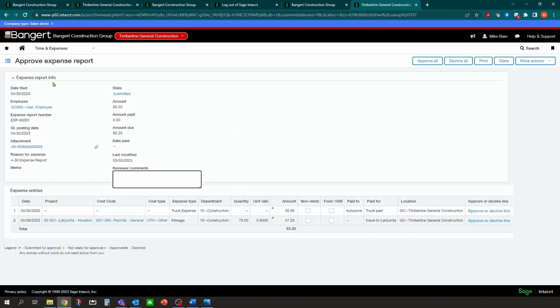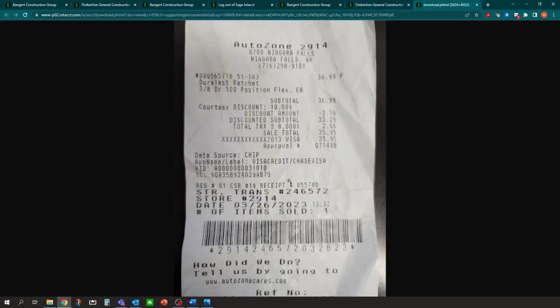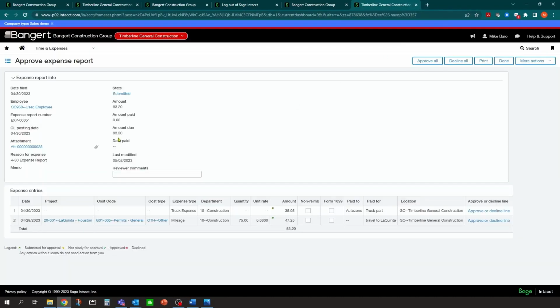I could click and get right into the expense report area. And now I can see the transactions. I can see details if I want. And I can approve a line at a time, or I can approve all. And I can also see the attachments. So again, if there was more than one, you'd see more than one here, but I can come into here as a manager and I could view the receipts. Okay, and so forth.